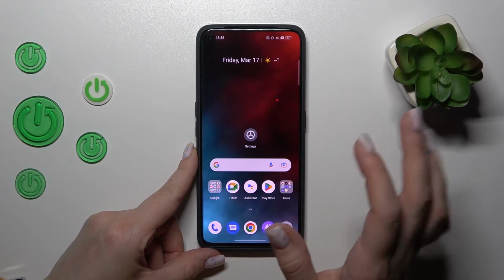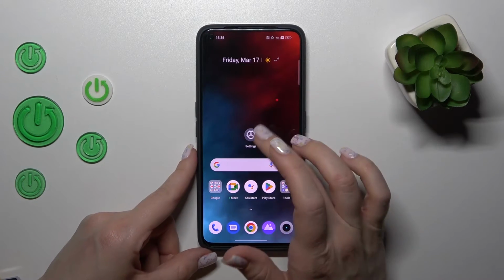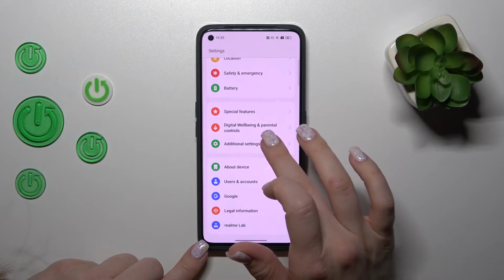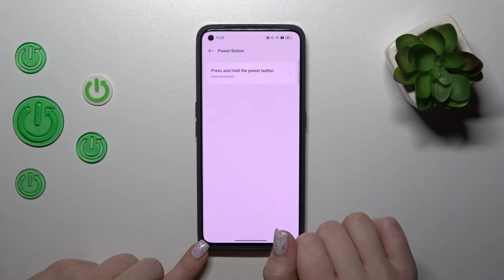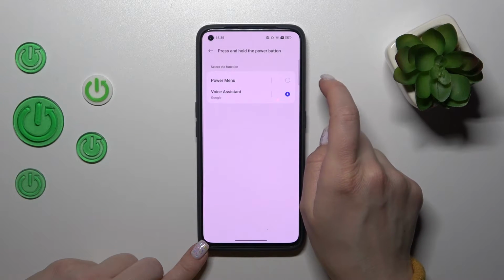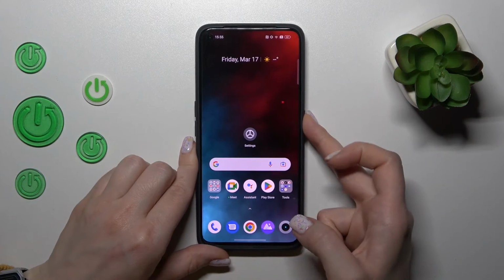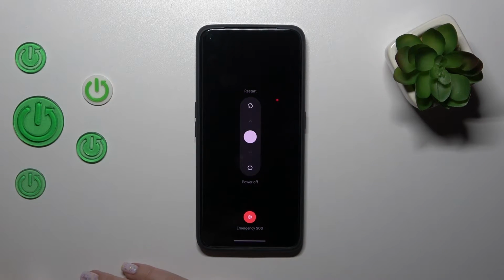and use only the power button to turn on or turn off your device, you should open the settings and then scroll down to the additional settings. Then click the power button, click press and hold the power key and switch voice assistant to power menu. Now just press and hold the power key and we can see that here the power